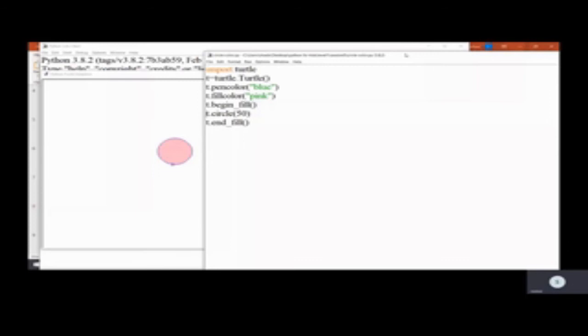There are tons and tons of libraries, and you can't invoke all of them. Only one particular module is enough for you to work on. So just import turtle.